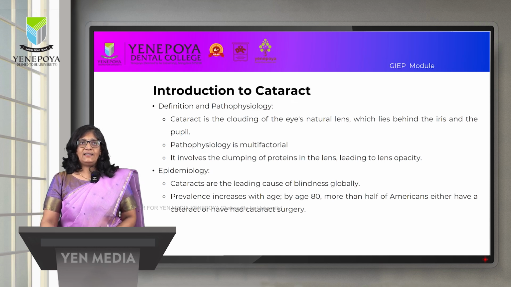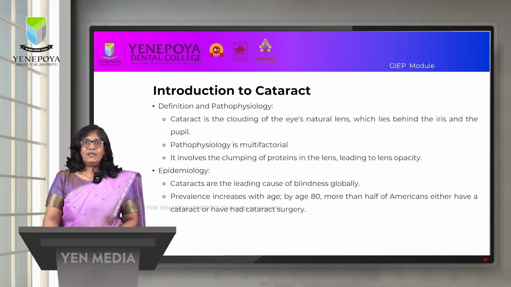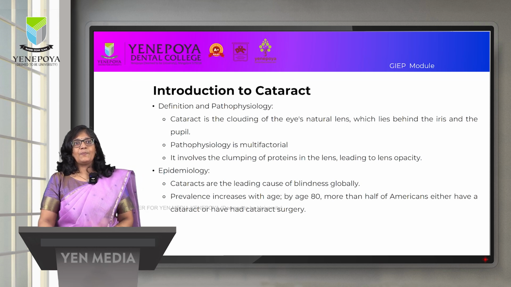If I define cataract, it is the clouding of the natural lens of the eye. The lens lies behind the iris and the pupil. Pathophysiology of cataract is multifactorial, but it involves the clumping of protein in the lens, which leads to lens opacity. Normally, these proteins are clear. When they get clumped, they lead to blockage of the light, and hence it is called lens opacity or